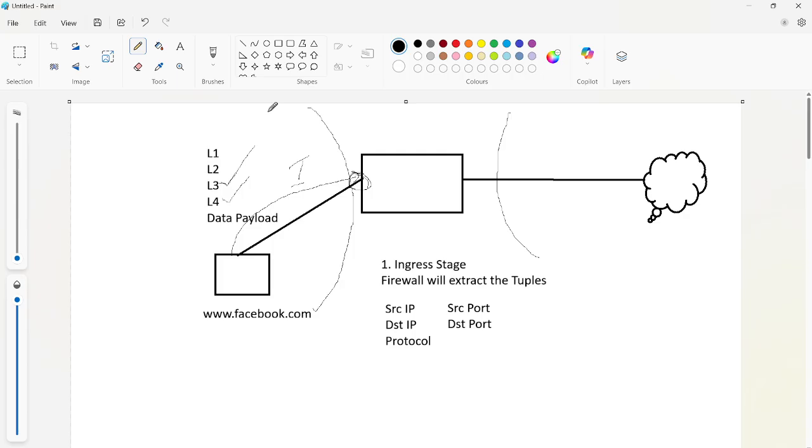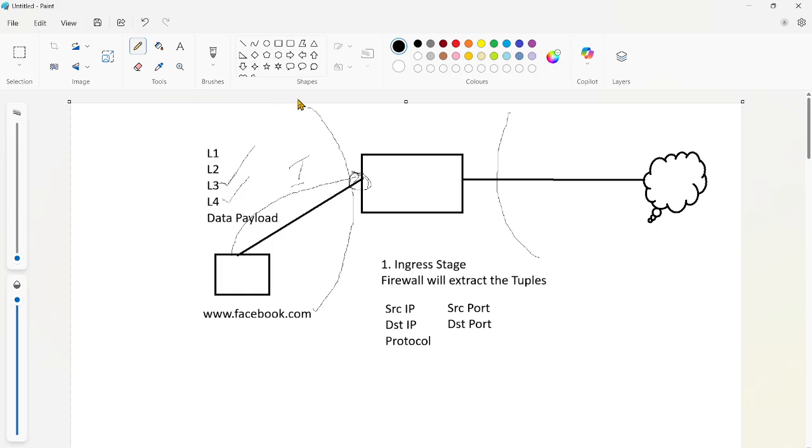Another answer: to write the policies. Yes, in order to communicate between the zones, we write the policies, but I'm asking why we are creating zones. For security boundaries, yeah, that's correct.